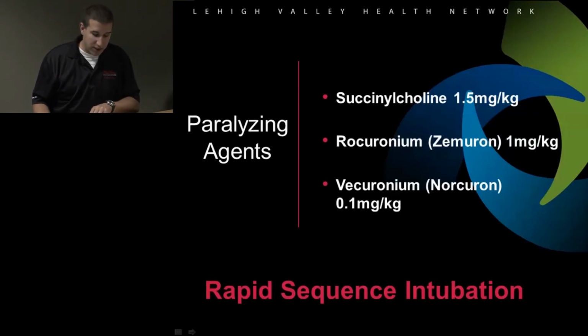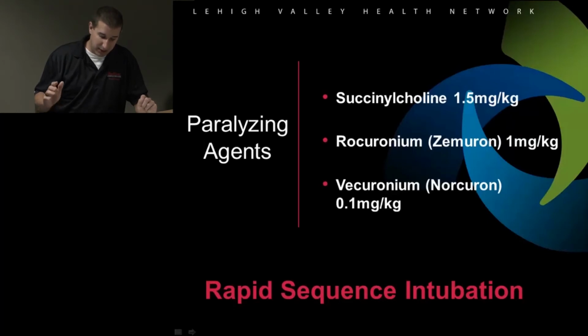If they have a known history of malignant hyperthermia, and again, your malignant hyperthermia is going to be caused from that accelerated metabolism of those skeletal muscles. So signs and symptoms of that may be muscle rigidity, a rapid heart rate, and a very high body temp. We don't carry the reversal agent for it, which is dantrolene, but keep an eye out for those particular symptoms